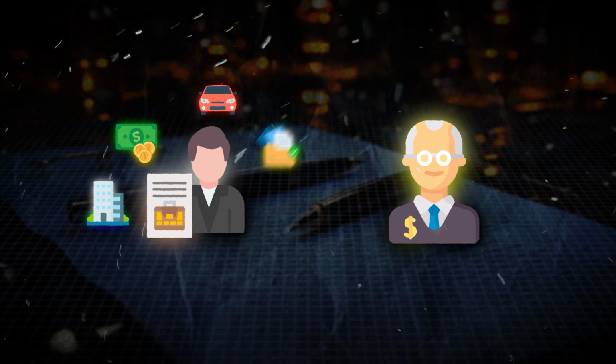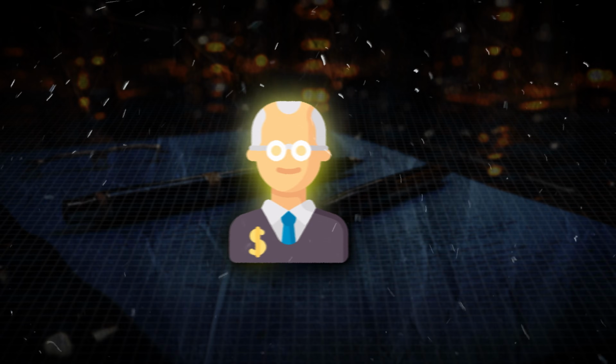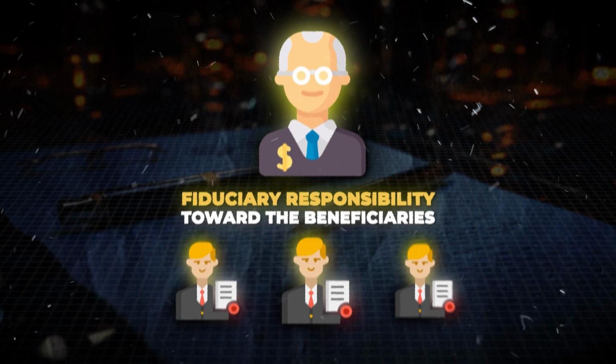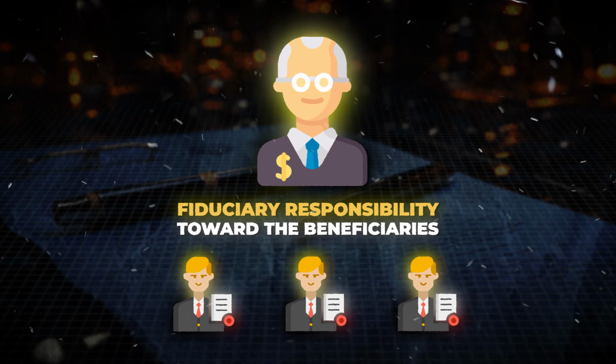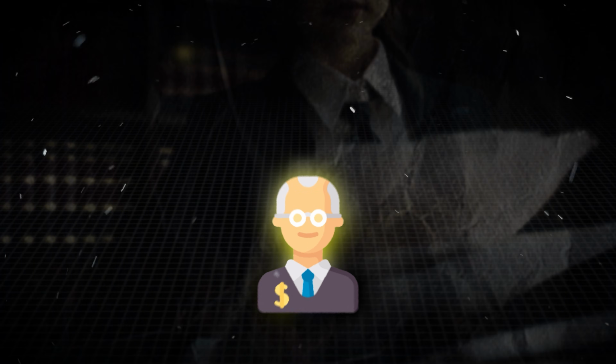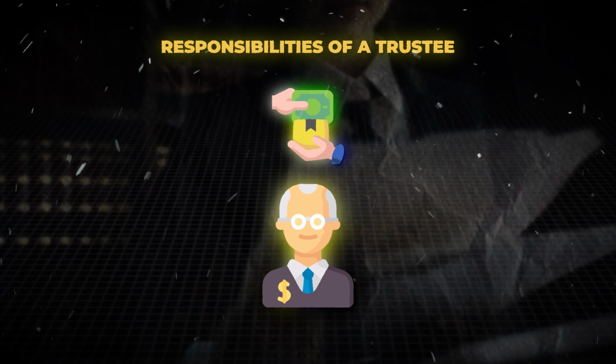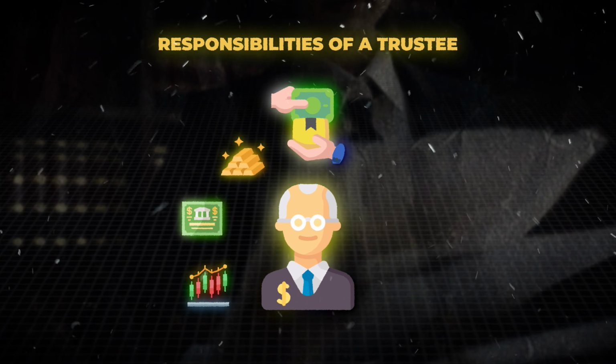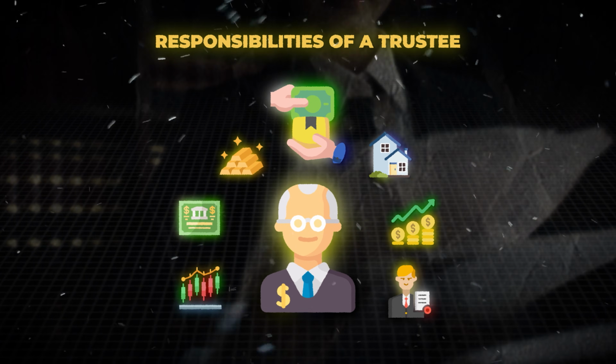After the declaration of trust is complete and the trust is officially set up, the assets will be handed over to the trustee, and the trustee will have a fiduciary responsibility to carry out the terms of the trust in the interest of the beneficiaries. Now, when it comes to business trusts, trustees often handle a number of responsibilities that can include purchasing and selling assets such as stocks, bonds, commodities, real estate, and distributing profits to beneficiaries.